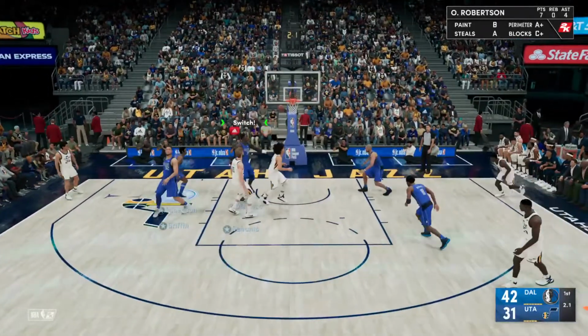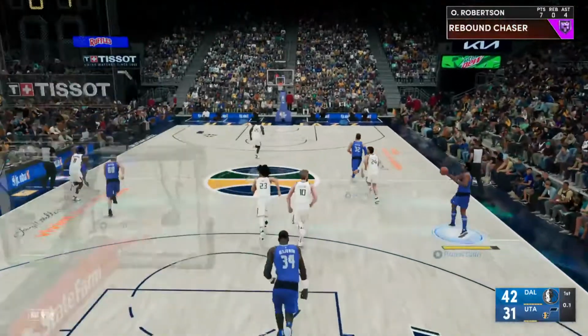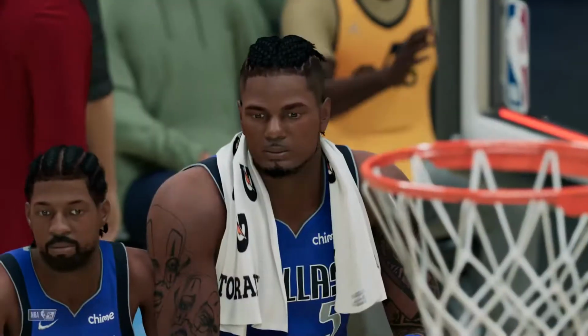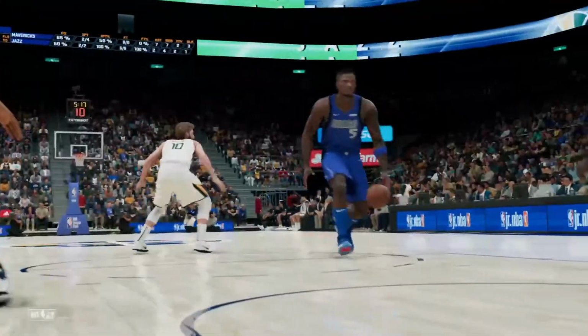Takes the 13-footer. Will not go. This is off the front iron. And so it's the Dallas Mavericks holding on to an 11-point cushion as we get ready to take a break. And they've done a phenomenal...